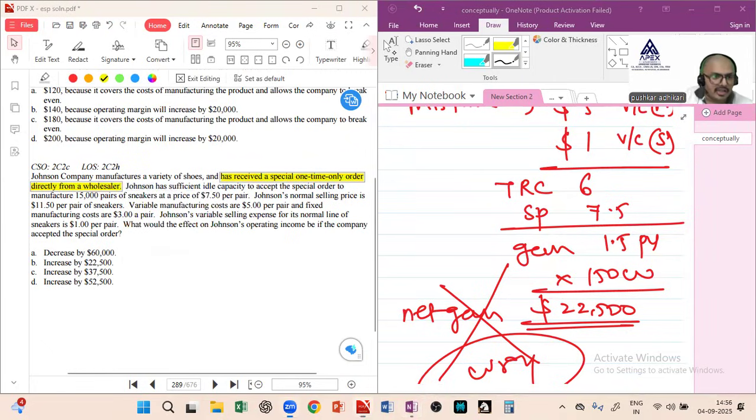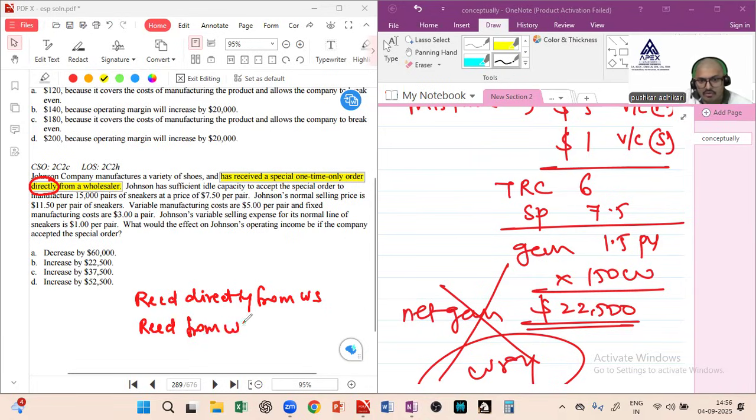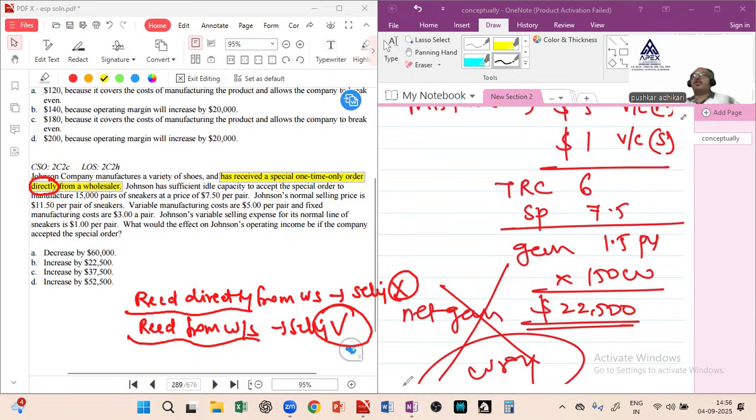If the word directly was not there, if it was simply received from the wholesaler, then selling cost you would have to take. Where it is received directly from the wholesaler, selling you can ignore. Why? Because it could have been received any way. It is not received